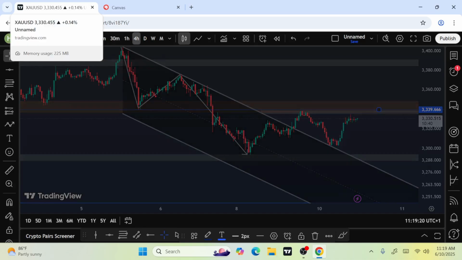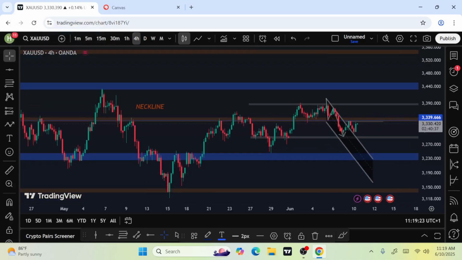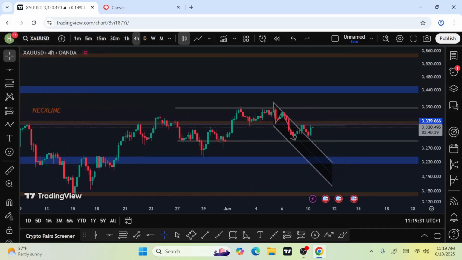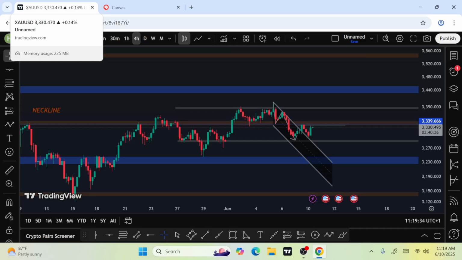But number one, let's come to the 4-hour time frame. Now, this market got to this place, it respected it, and it gave a very beautiful bullish signal. When it gave the bullish signal, it was at this point I called it. So I called the buy within the price of 3325 and 3320 and stop loss at 3315. But because the market is within a downtrend, it came down. So I had to tell them to adjust their stop loss, because that stop loss could easily be hit and it might go back in direction. So they brought down their stop loss to 3305.